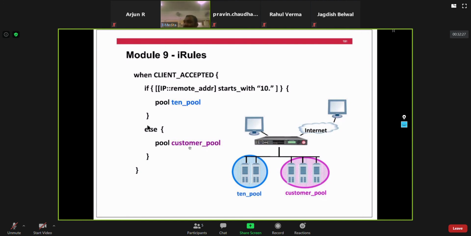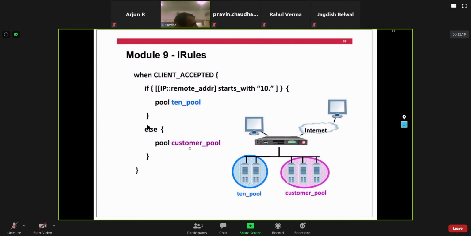And that's why I said iRules are pretty important, right? Using iRules, you can achieve whatever you want which is not part of the built-in options of BIG-IP. So whenever you have a requirement which you cannot achieve using the built-in options of your BIG-IP, then go for the iRule. In that condition only you should go for the iRule, right, guys? So in this condition, you had these two different pools and only one virtual server created on this BIG-IP. By default, you cannot attach more than one pool to a single virtual server. That's the limitation you have on the LTM, right?